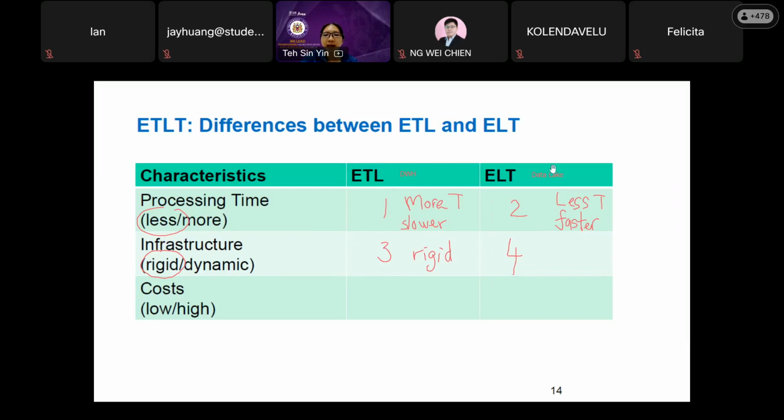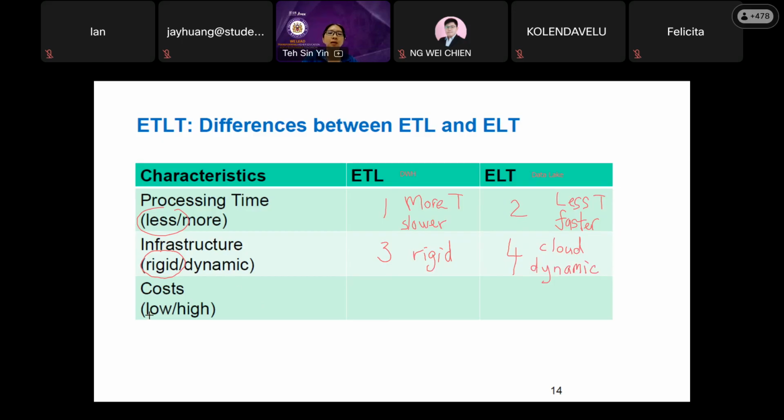Whereas for data lake, most of the time we are using cloud. Cloud is very dynamic. You don't need a specific space to put your cloud. You can just subscribe online, so you don't need physical infrastructure. So ELT, data lake, is more dynamic. Data warehouse is more rigid.